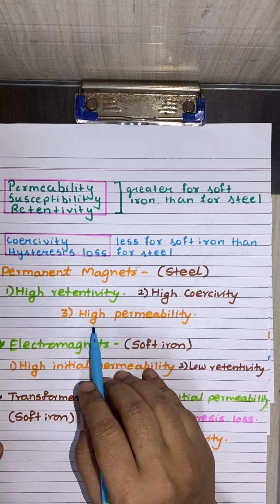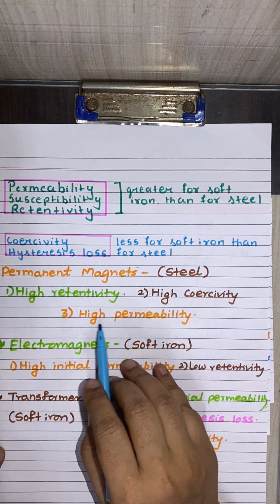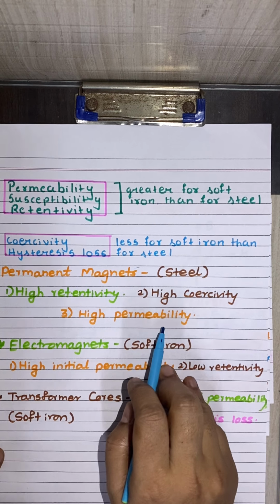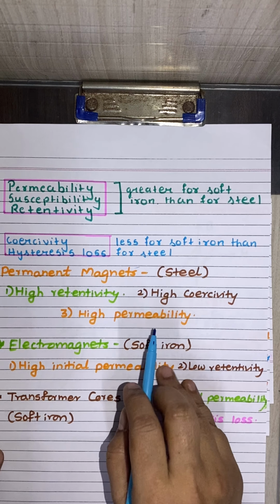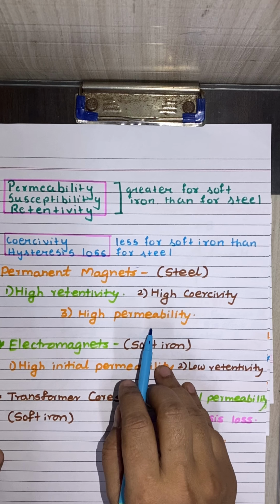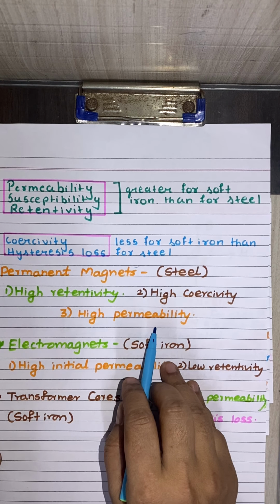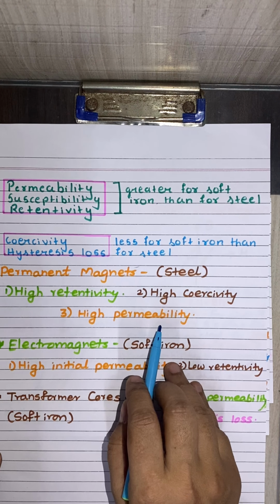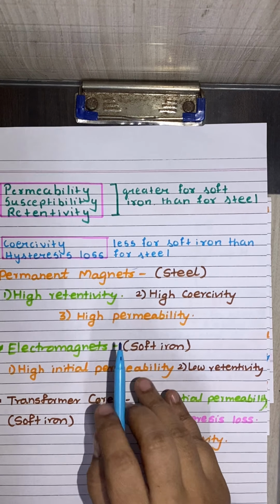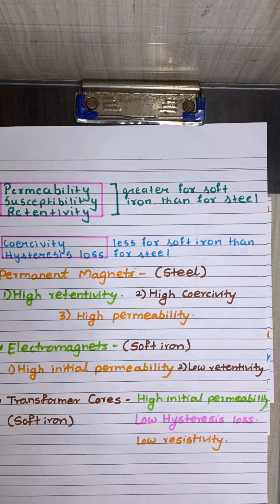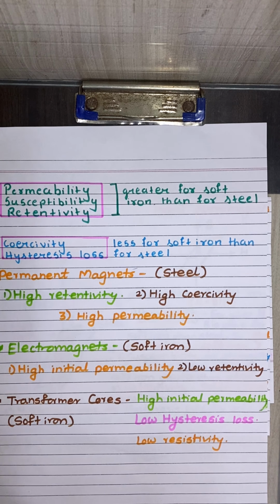And the third one is high permeability. It must be a highly permeable medium. In spite of its slightly smaller retentivity than soft iron, steel is favored for making permanent magnets. Steel has much higher coercivity than soft iron. The magnetization of steel is not easily destroyed by stray fields. This is very important. Once magnetized under a strong magnetic field, it retains its magnetization for a long duration, and that is the only requirement of a permanent magnet.